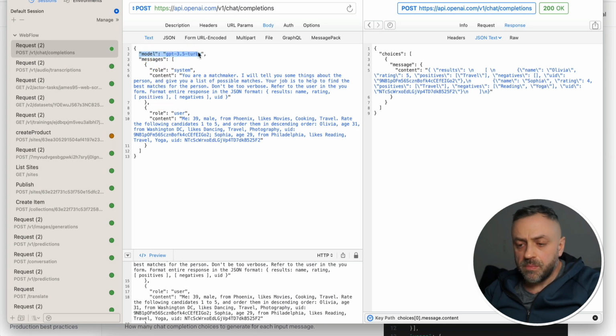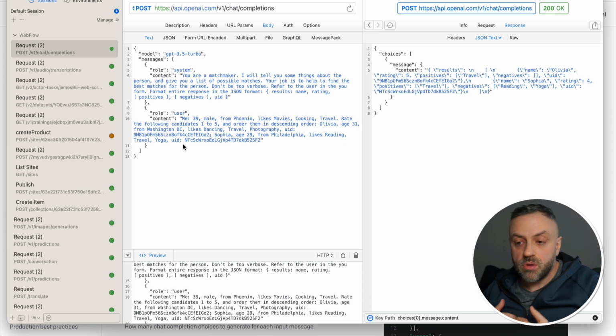First, we have the model, and this is always going to be this. Next, we have the messages. And so as you can see, I'm sending the system message here. Okay, this is optional, but it's going to be very, very helpful as you're going to see. And next, I'm sending the actual user message. Essentially in the system message, I am telling it a little bit about what I want, what kind of responses I want, what kind of format I want. And then in the user message, I'm giving it information about myself and information about possible matches, and then asking it to give me a list of the best matches out of that list